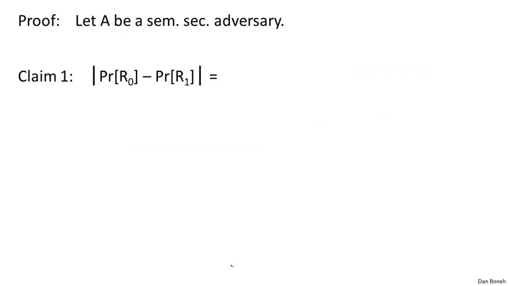So now let's look at relations between these variables. First of all, R0 and R1 are events from a semantic security game against a one-time pad. So the difference between these probabilities is, as we said, the advantage of adversary A against the one-time pad, which we know is 0. So that basically means that the probability of R0 is equal to the probability of R1.